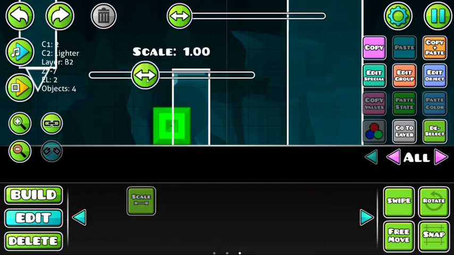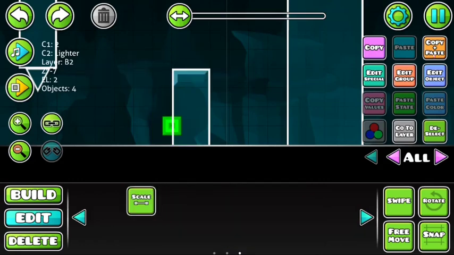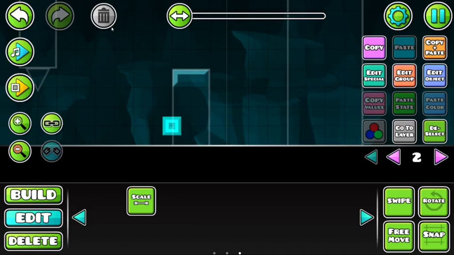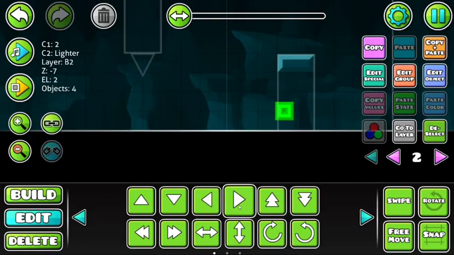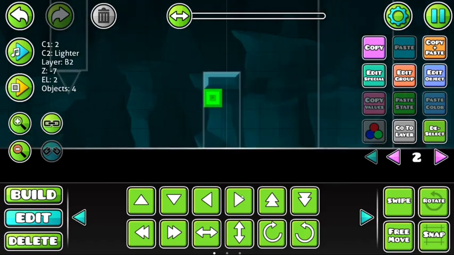I think what we'll do is we'll make a smaller version of it for this particular block. And we'll just take this object and place it not in corners, but in stacks, I guess. I'm not sure how to exactly explain what I'm talking about, but